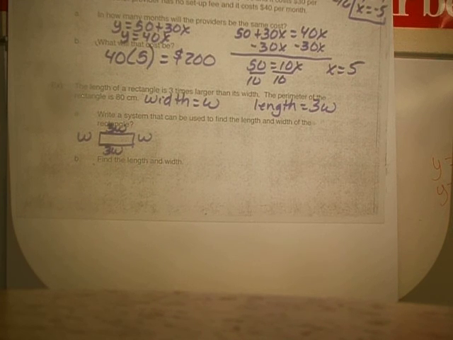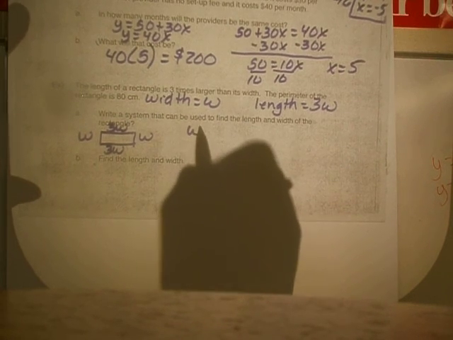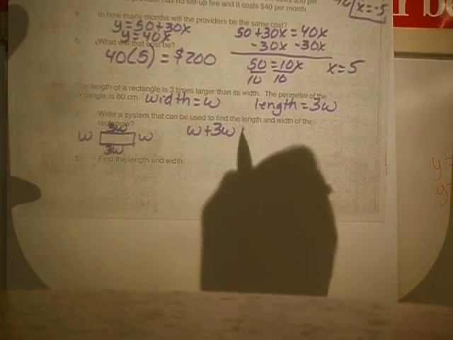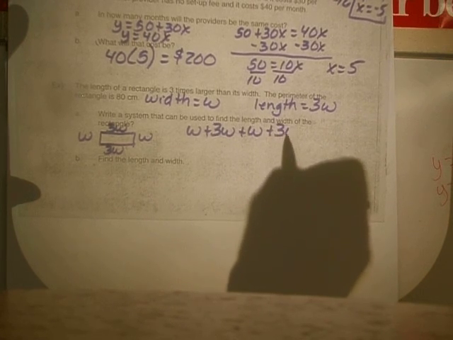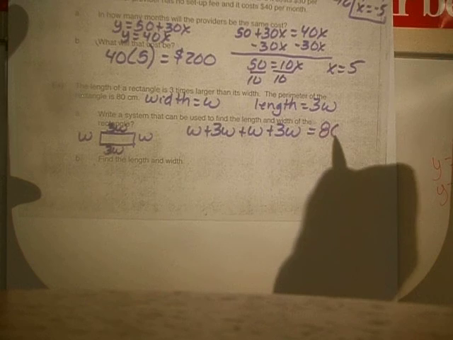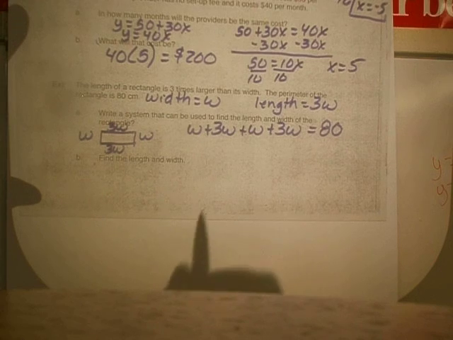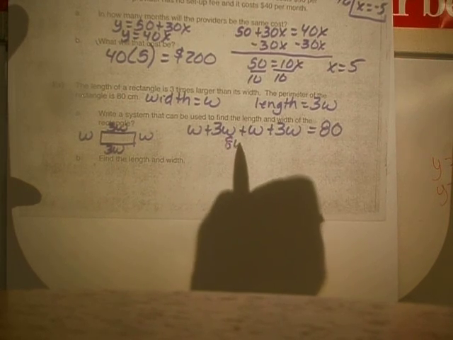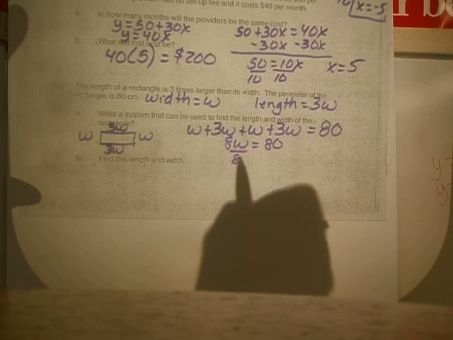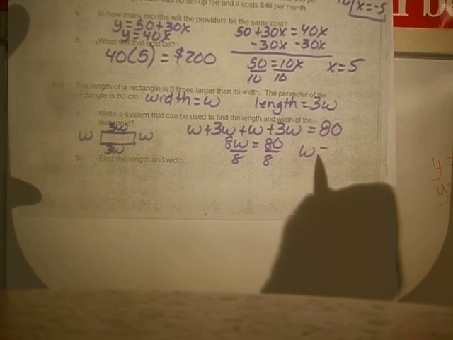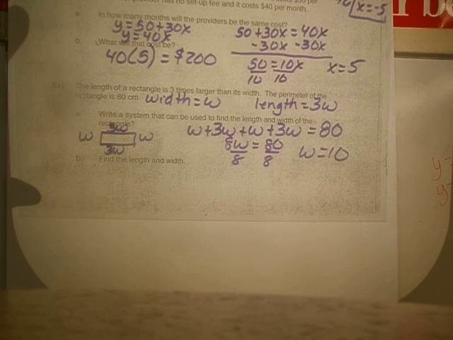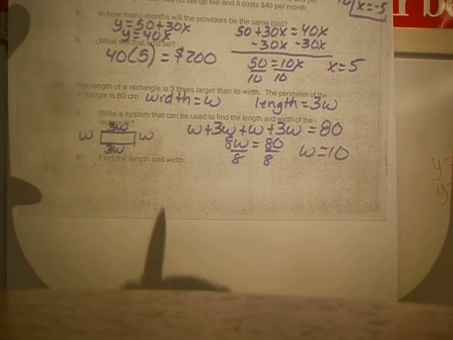The second sentence in that question says that the perimeter of the rectangle is 80. The perimeter is the distance all around the outside. So we will have w plus 3w plus w plus 3w equals 80. We were given the perimeter is 80. So this becomes 8w equals 80. The width is 10. And now we need to find the length, which is 3 times